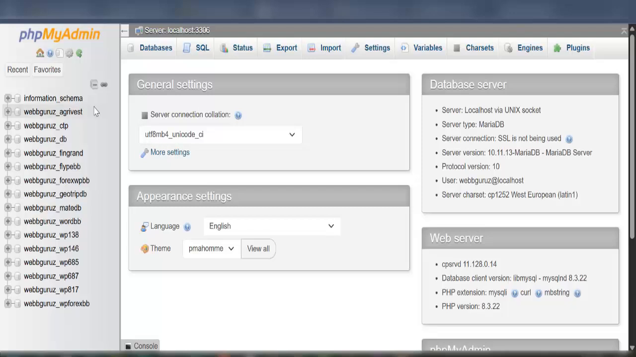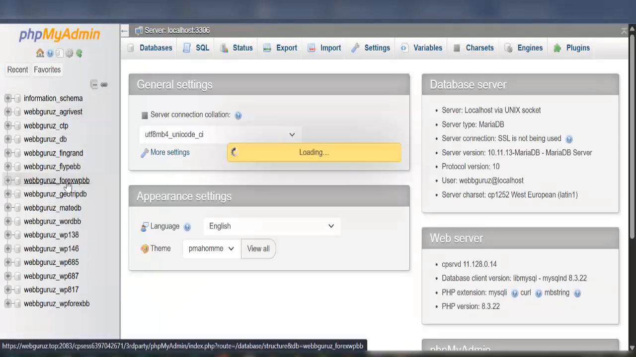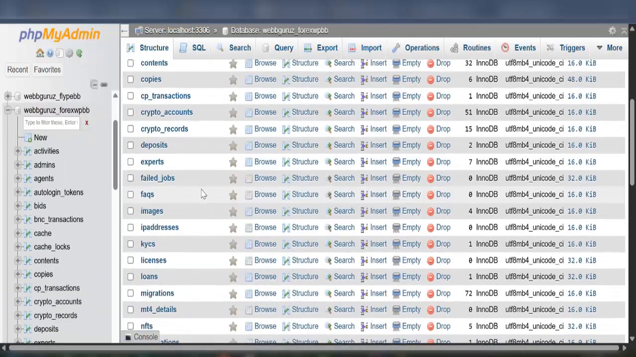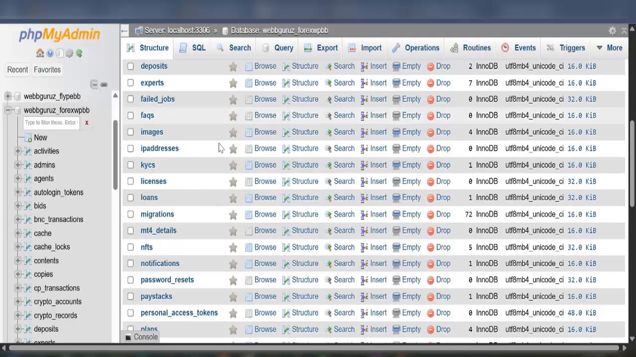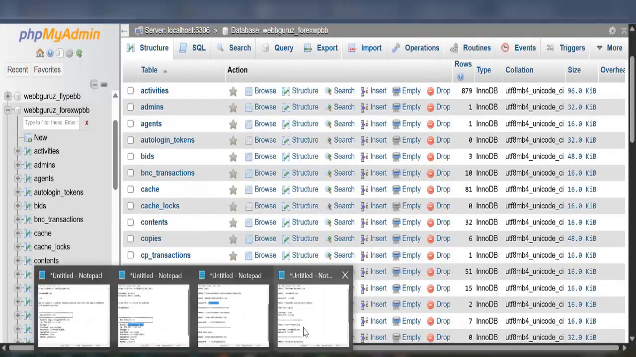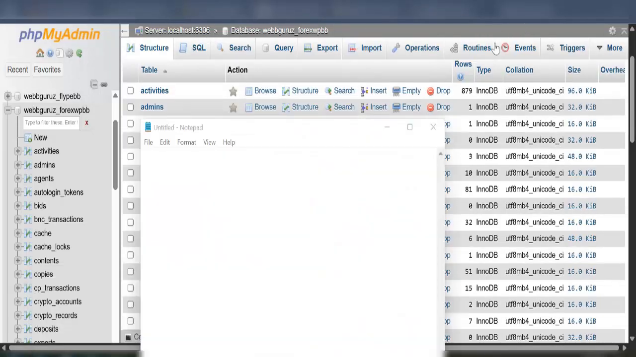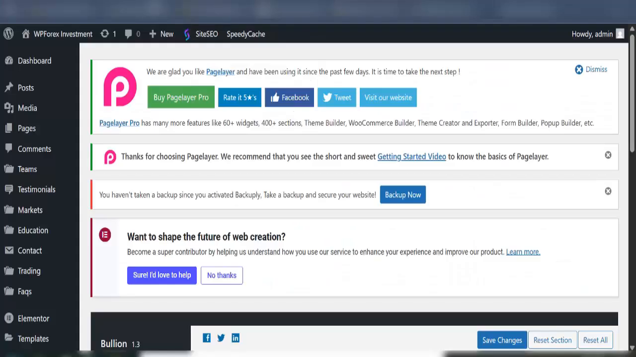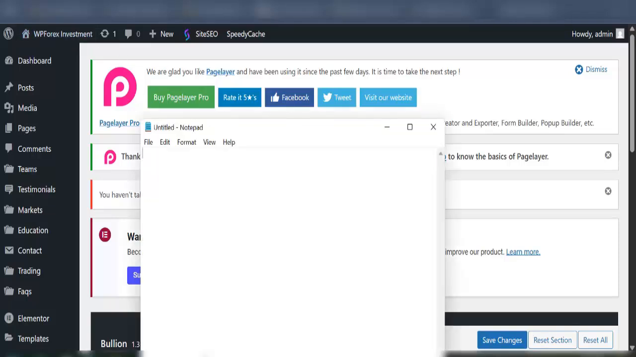All right, here's our PHP admin. Let's come back to where we have the file Forex WP. That's the database we created. If you click on that, you see all the files inside. Okay, good. So to access the admin, here's the link. I'll show you the link right away. I'll copy it. So it will be this /account